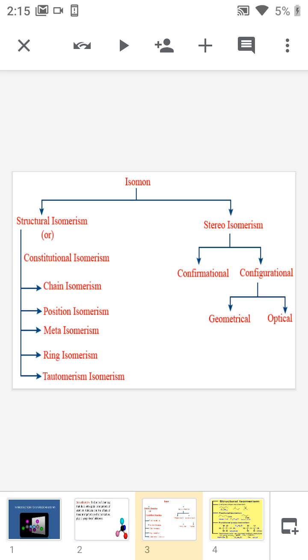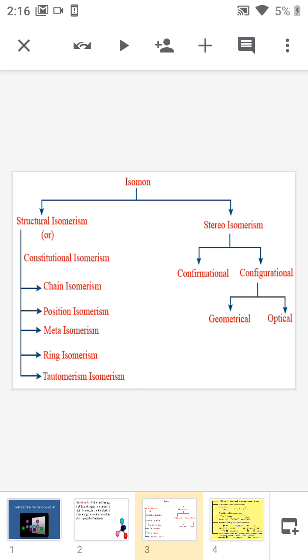The next category is stereoisomerism. Stereoisomerism means the isomers which have the same molecular formula but differ in their spatial arrangement of the atoms. Stereoisomerism can be subdivided into conformation and configuration. Conformation means the stereoisomers which arise due to the free rotation of the sigma bond. And configuration is also a stereoisomer, which is formed by the